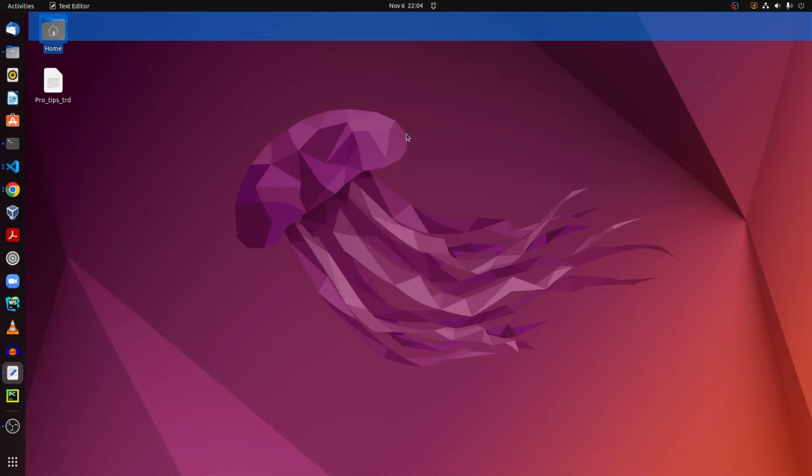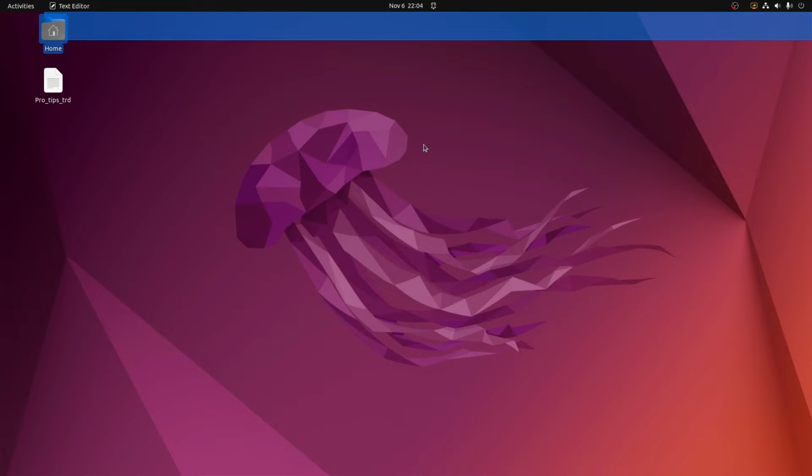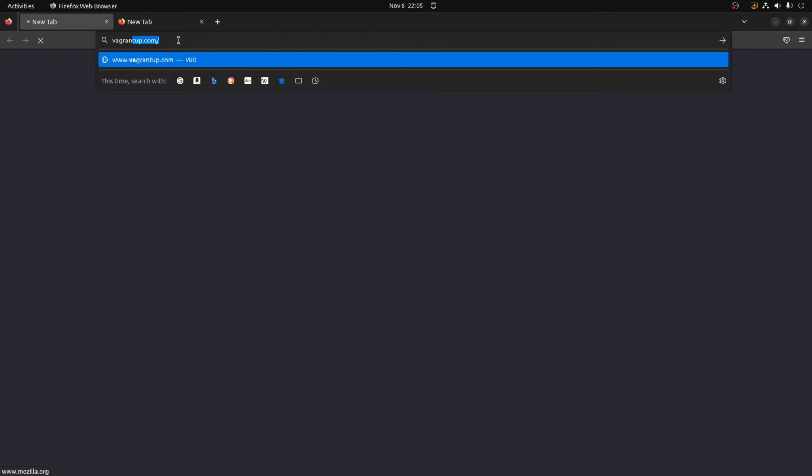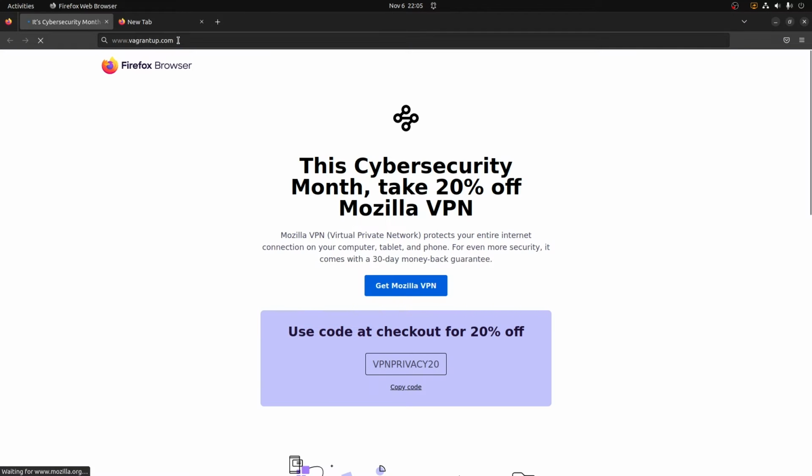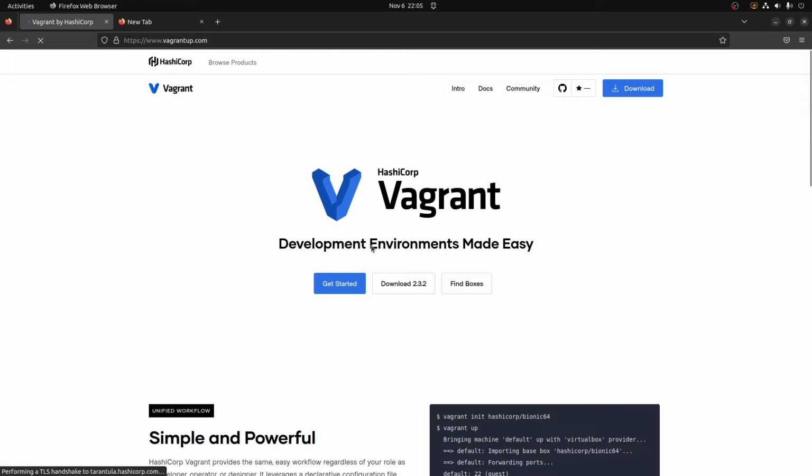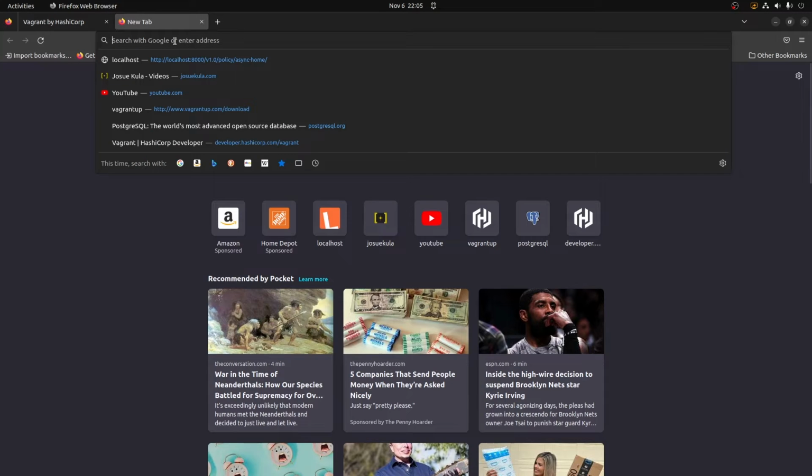We will use Vagrant to manage our local virtual machines, VirtualBox, to emulate an on-premise local network. We will also install Postgres. Let's go to vagrantfile.com. Yeah, we will use Vagrant to create and manage virtual machines. We will also use Postgres